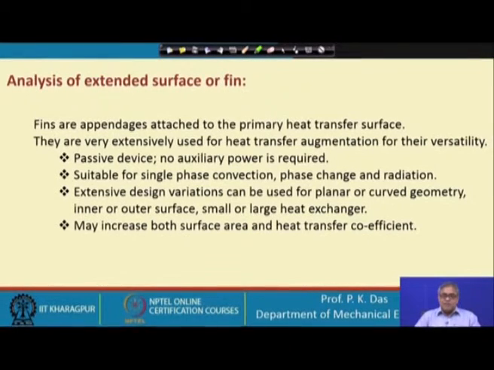Okay. A fin is a conductive convective surface. Initially the primary surface we had, it had heat transfer by convection. Now, we are providing fins on it, still it will have heat transfer by convection, but we are giving some extra area to the primary surface. The extra area will not be as effective as the primary surface area, but in any case this extra area will enhance the rate of heat transfer. So, this is the whole game.